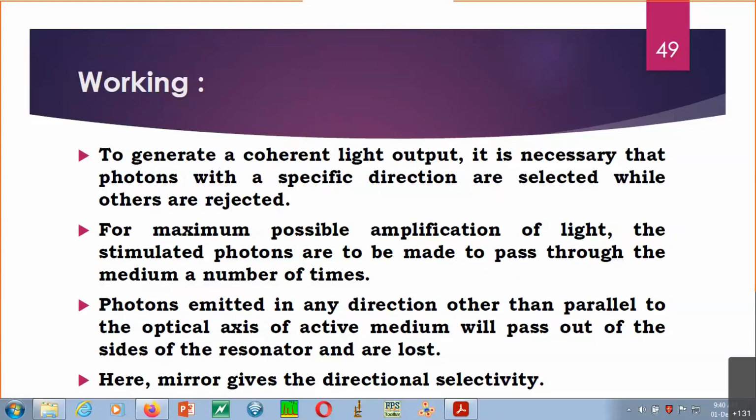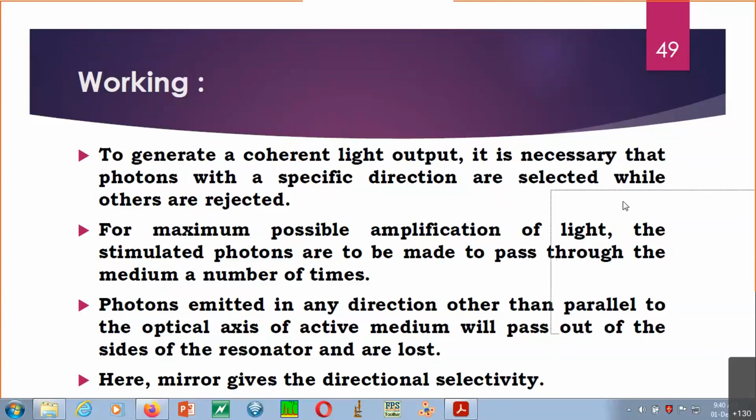So photons are going to be coming out via the stimulated process a number of times, which is possible, and that is how you can amplify the light signal, or laser light basically. The third thing is the working. Here you see the photons, as I said again, the same thing.